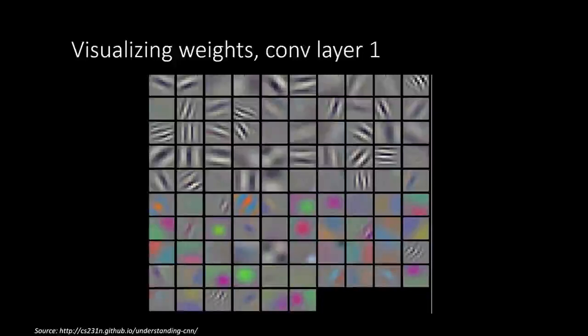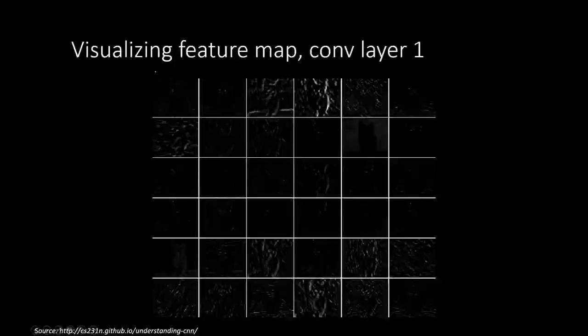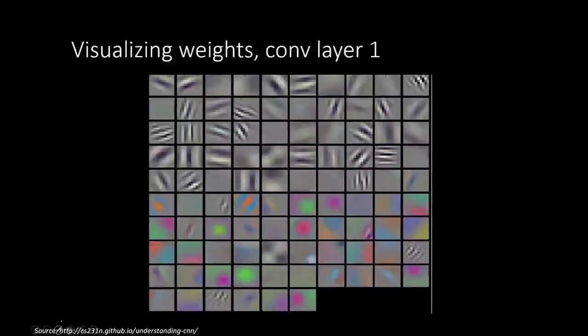So for example, you can see here that edges of different orientations are being detected in the convolutional layers that are learned organically